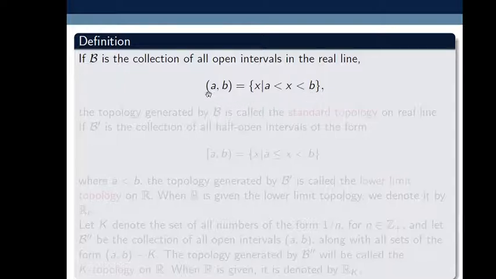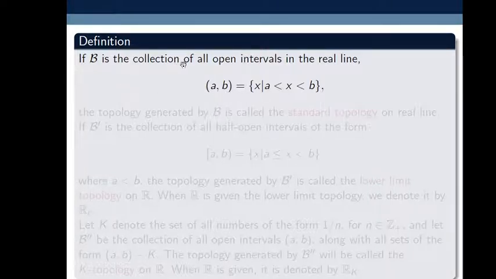So we are familiar with this in case of the real line. Everyone knows what is an open interval, semi open interval, all such things.